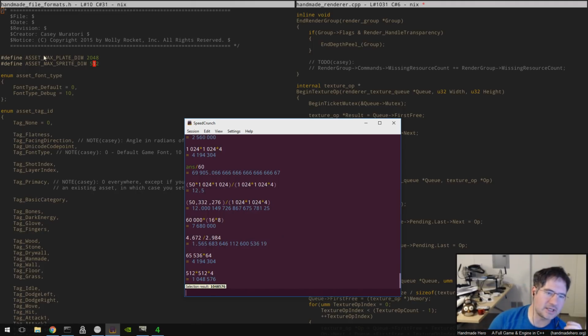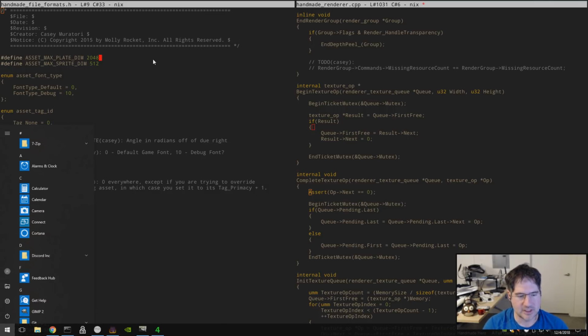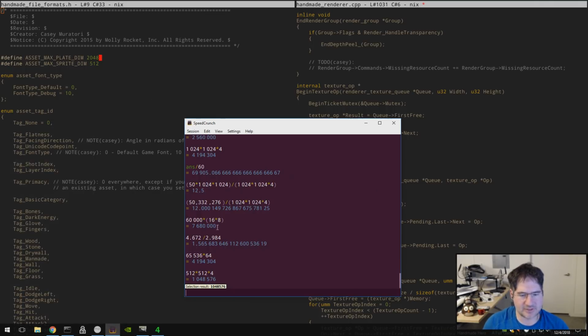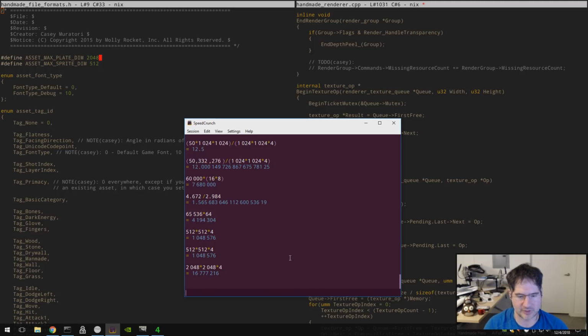So anyway, looking at this, what I wanted to try and say there was just that, if we look at how much memory we need in terms of transfer space, then really what we've got is 512 by 512 by 4 transfers, and 2048 by 2048 by 4 transfers. This one's 16 megabytes, and this one's 1 megabyte. We don't really want all of our transfer buffers to be 16 megabytes, because if they were, we would end up